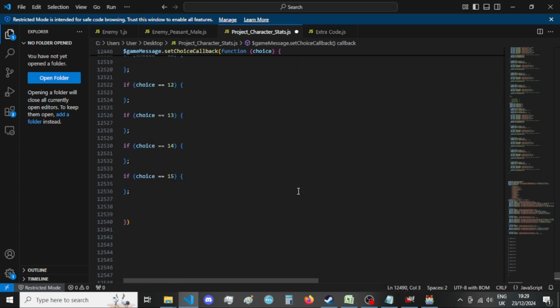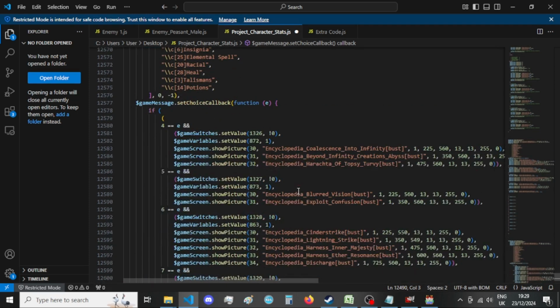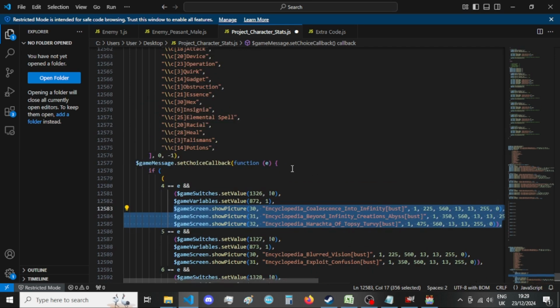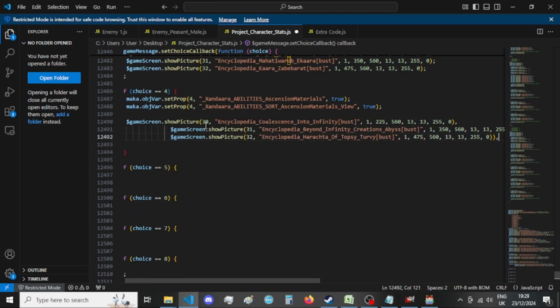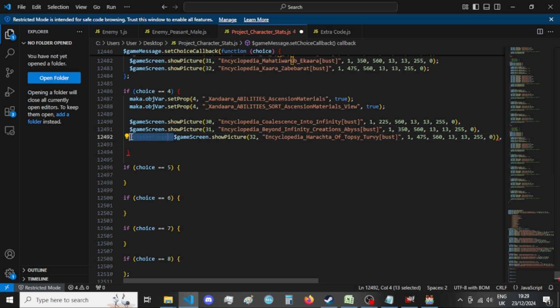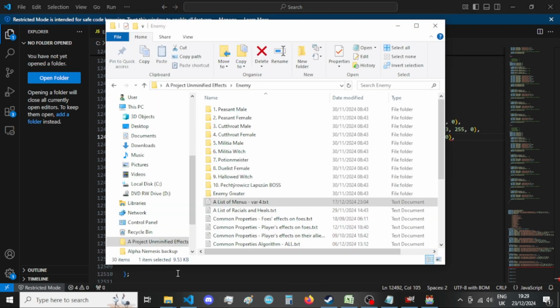And then I need these three. Yep, I need these three. Till here. Coalescence into Infinity, Creation's Abyss, and Topsy-Turvy. Yes, these are the Ascension Materials, which I want to put here. And I want to save this one once I'm done with it. I want to save it somewhere. I'm not sure. Wait, actually,